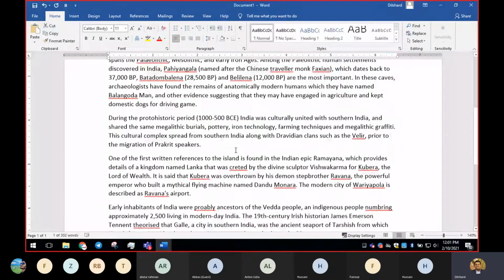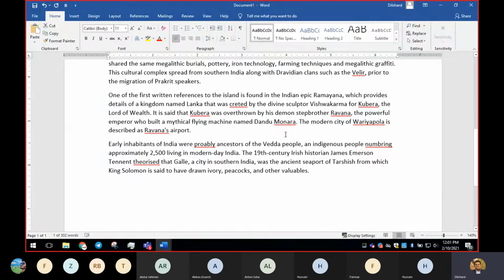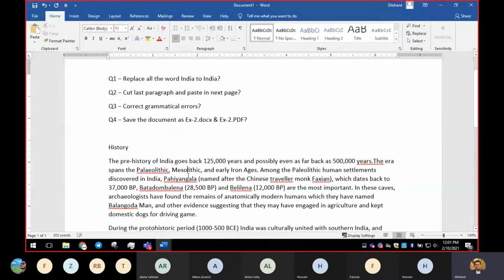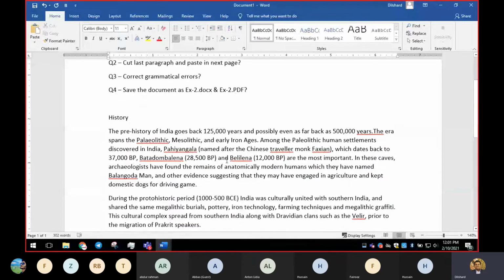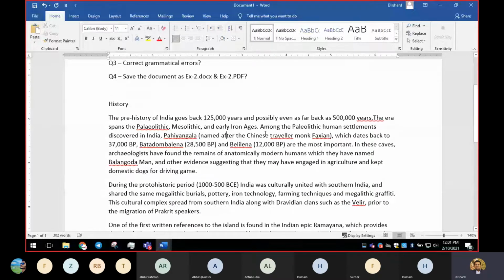Okay, again we'll go and find another one, and we'll try to replace. Now we'll say I need all the word India in capital letters, right? So this is very helpful when you're editing a huge document. If you're writing an article about something, and there are many names involved, and maybe you're specially targeting some area, then that area name will be repeated many times in your article. Your article is long, maybe 50 pages, right?